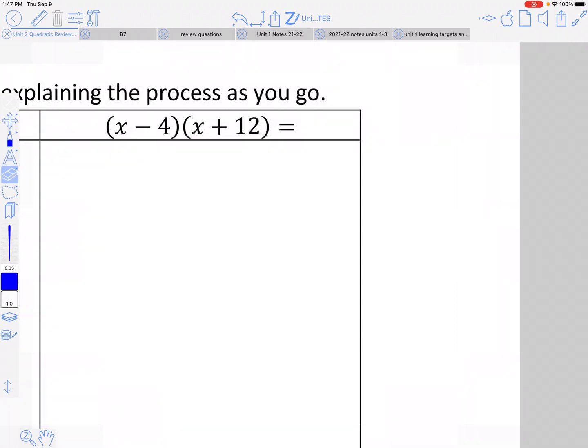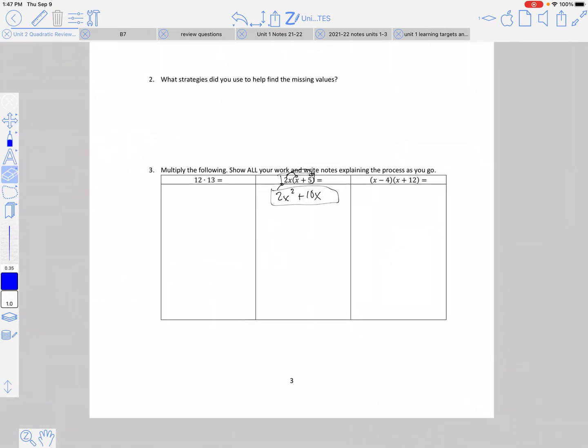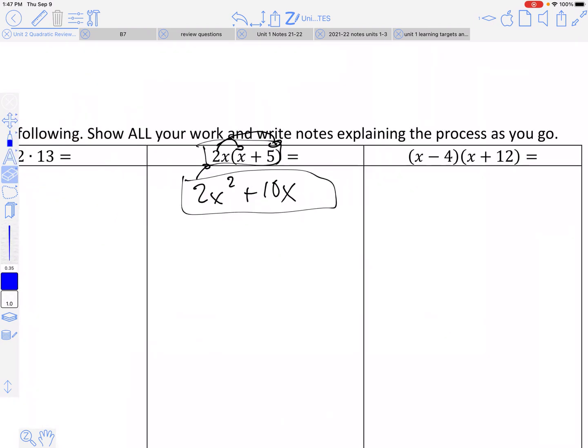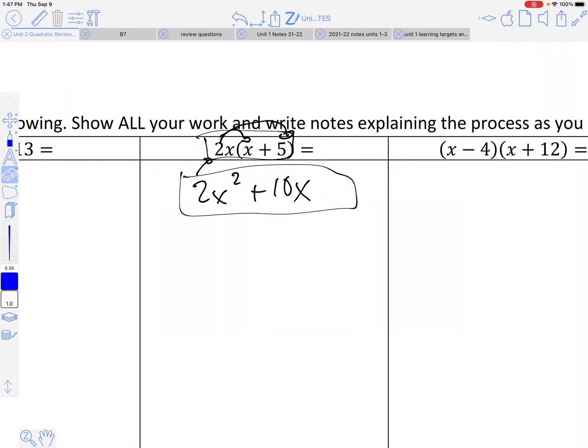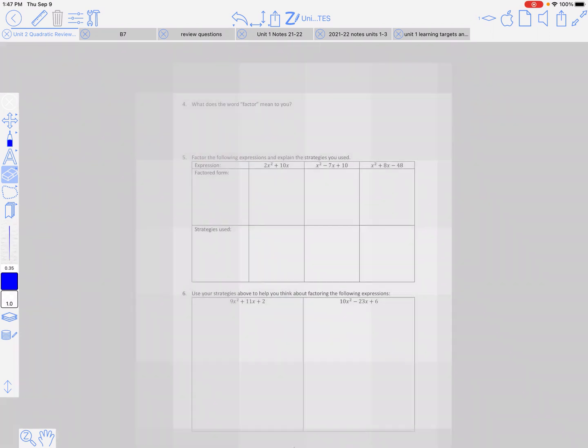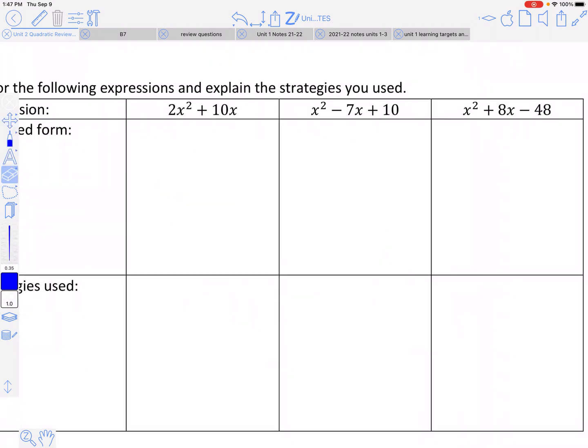So, you should have already done pages 2 and 3, and I just wanted to look back at page 3 real quick. Look at number 3 on page 3. Use the distributive property. You got 2x squared plus 10x. Awesome. So, our goal today when we're factoring is